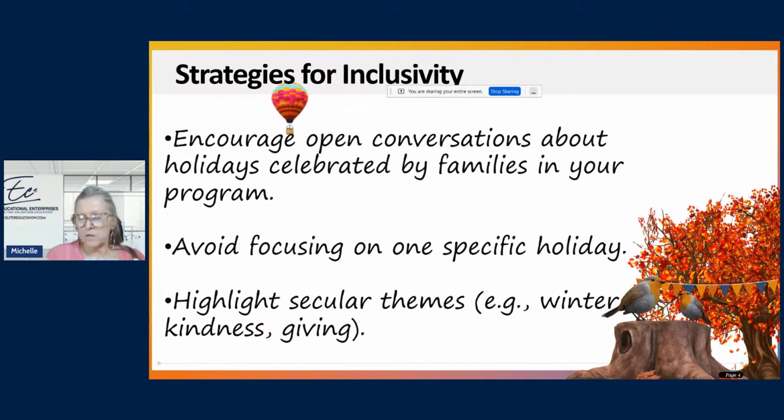You don't have to focus on one specific holiday. I know a lot of times things that we do with children is what we call the Christmas tree or Santa Claus. That's a very Americanized version. And those kinds of things are absolutely okay. But can we also include other characters that maybe different cultures also celebrate, and highlight those secular themes? Talk about winter, talk about kindness, talk about a time for giving. You could organize a food drive where kids bring boxed goods or canned goods and different items like that for others as well. So that's a way to be inclusive also in your school.